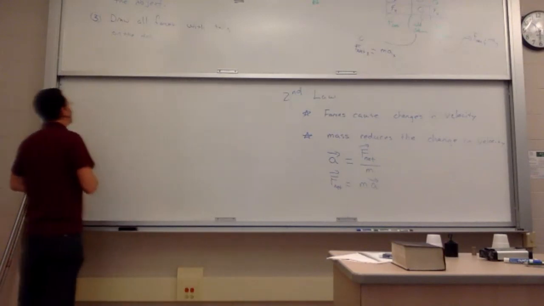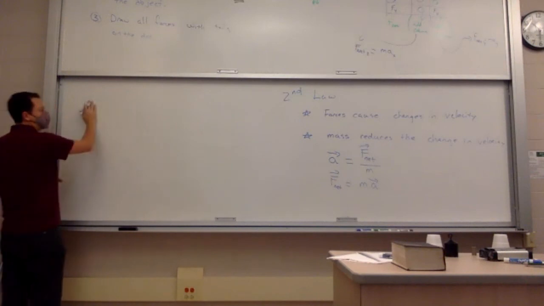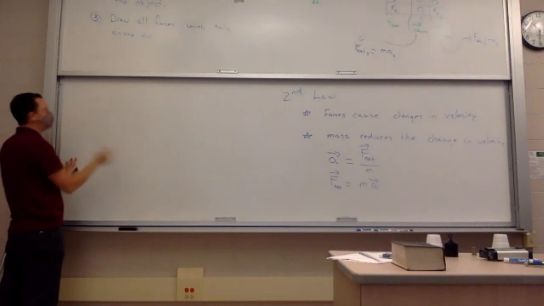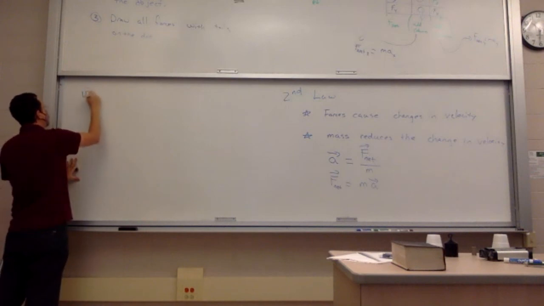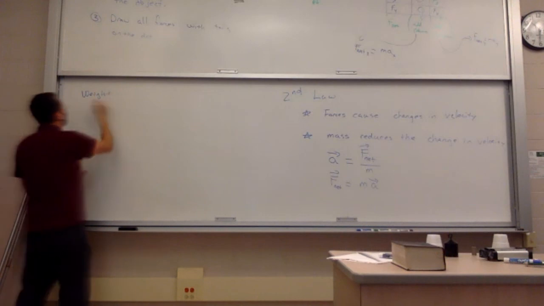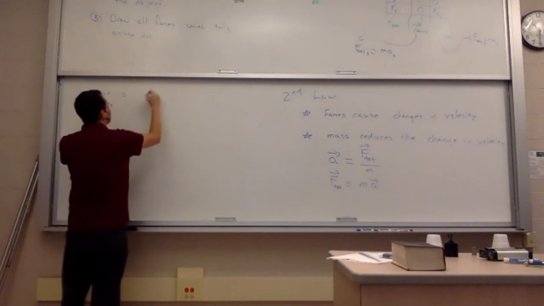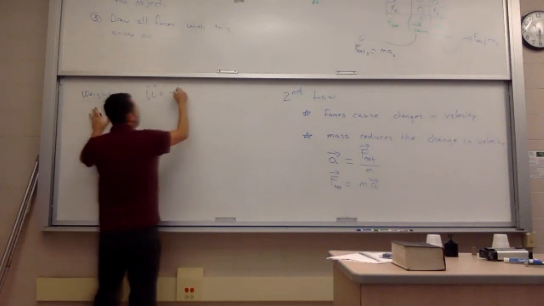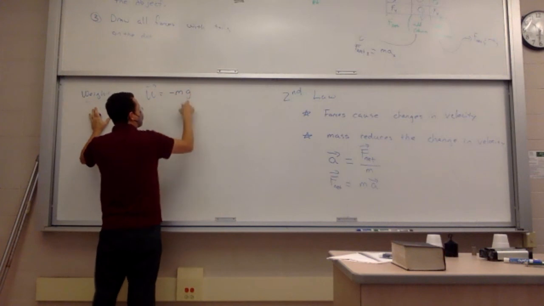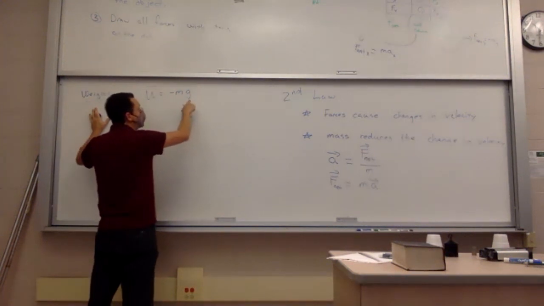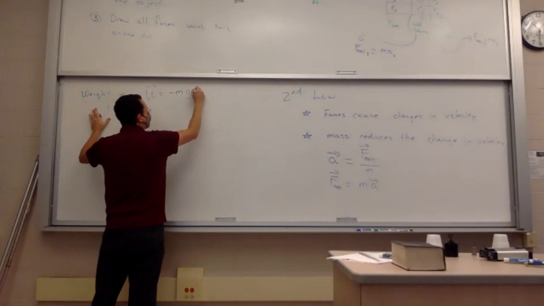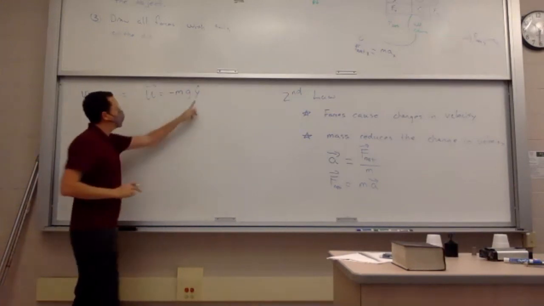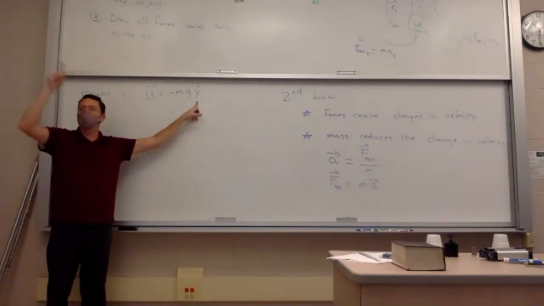Okay. Oh, one thing, I was going to do a problem with weight, but I think we won't have time. The formula for the force of gravity, or weight, on any object is: the weight equals minus the mass times the gravitational acceleration times y hat, because it goes in the y direction, where y is up and down. It's really the vertical direction.